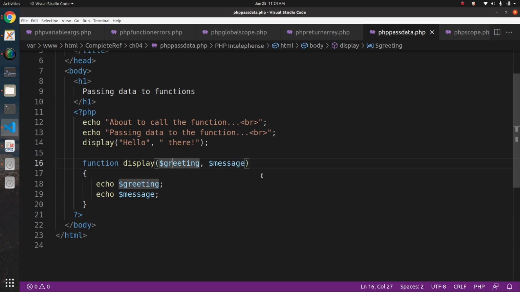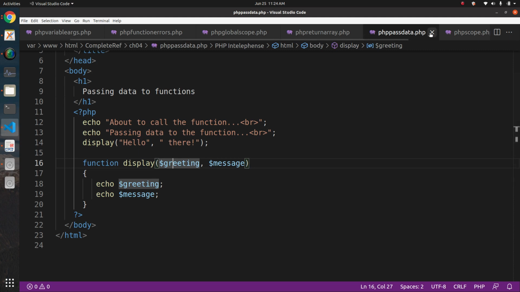You might have studied in C that you can pass arguments in two ways, by value and by reference. So this is an example of passing arguments by value. So the value will be passed, not the arguments. Okay, so this is how you can pass values to functions.